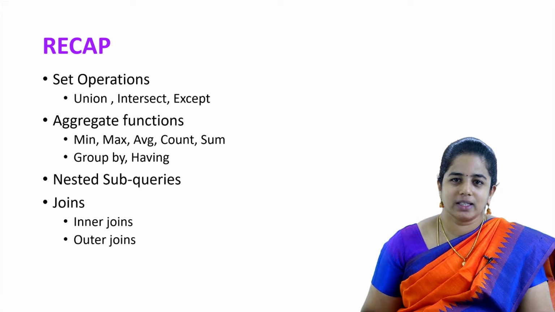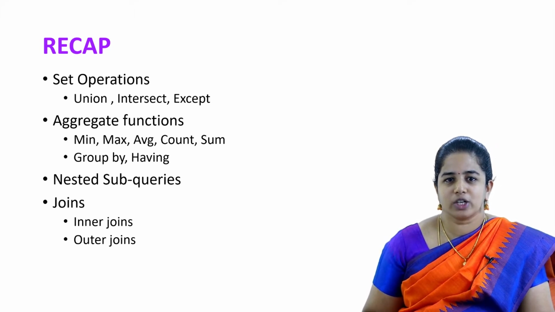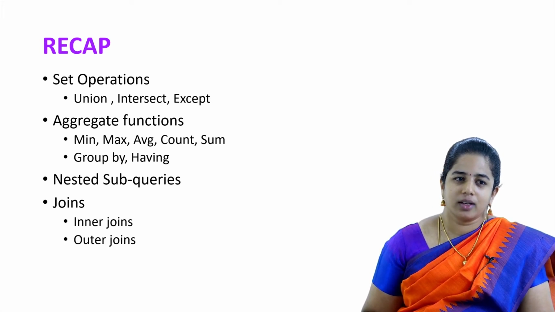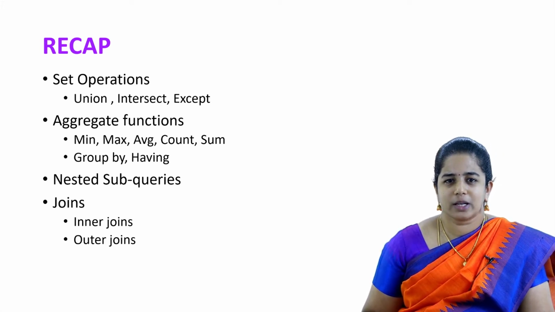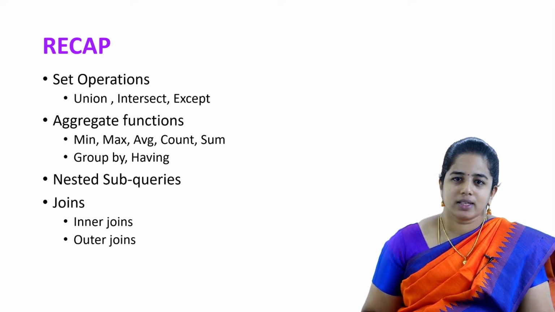Also we have seen the different aggregate functions like minimum, maximum, count, total, etc. and we have seen about the group by functions as well. And last we have seen about the different join operations like inner join and outer join. In inner join we have seen about the equal join, cross join, Cartesian join, then self join. In outer join we have seen about left outer join, right outer join and full outer join.